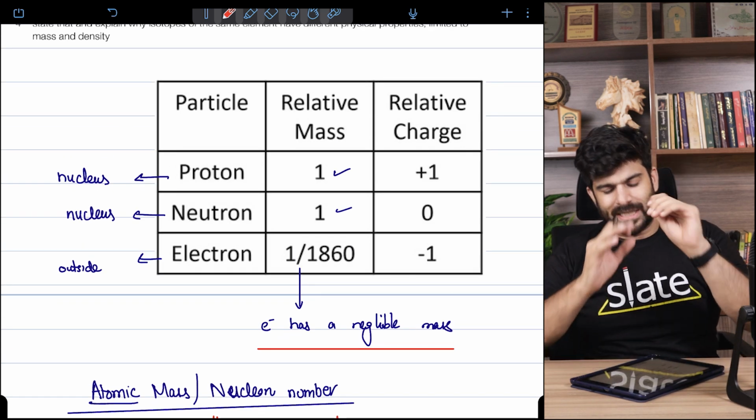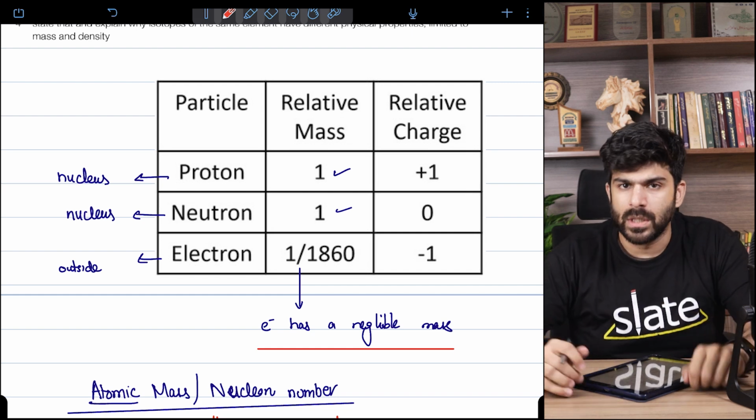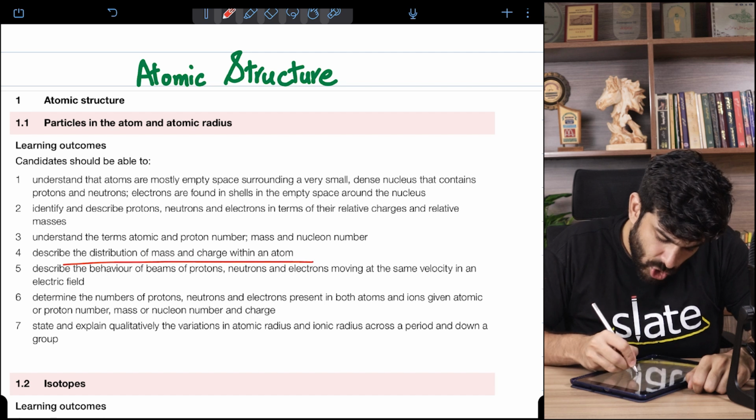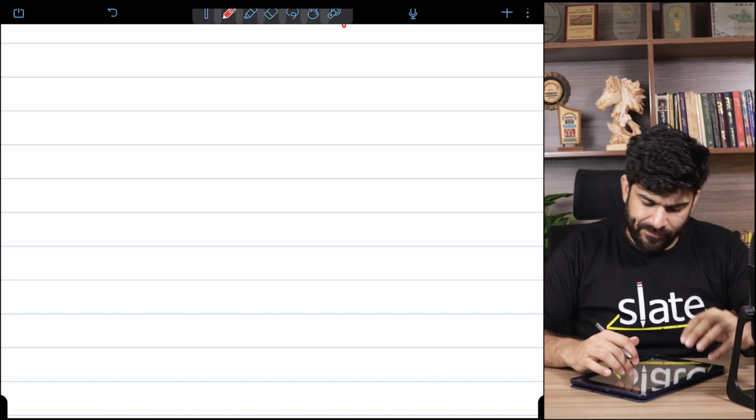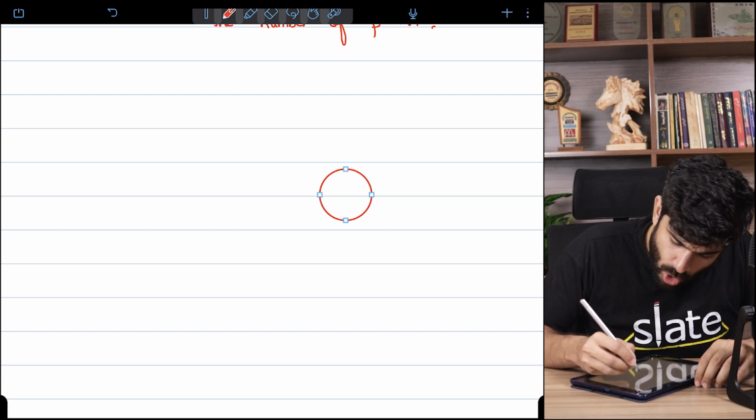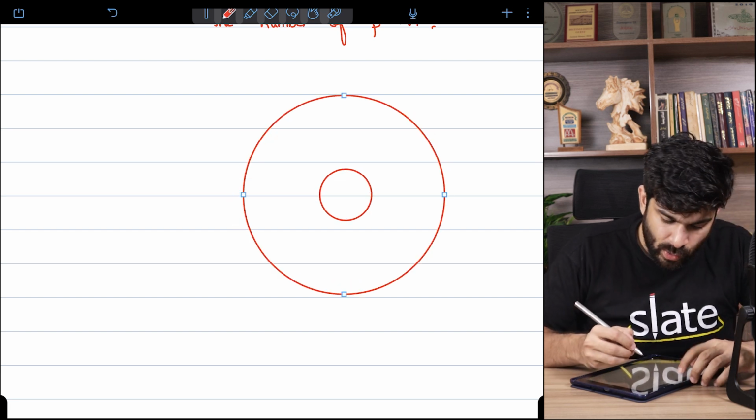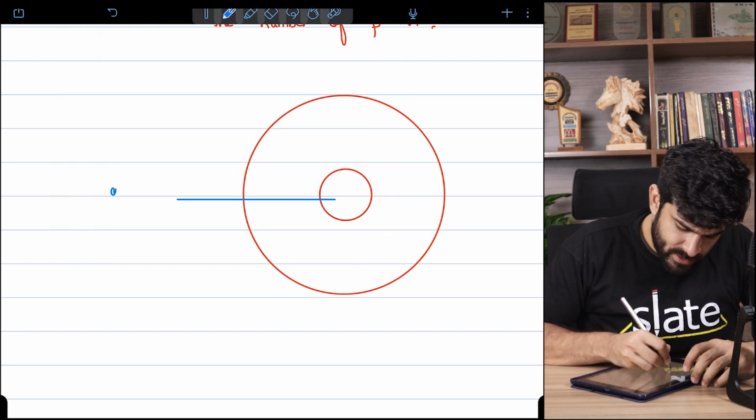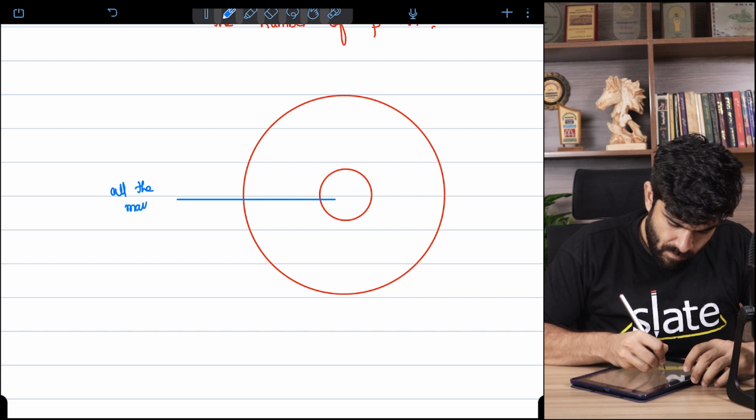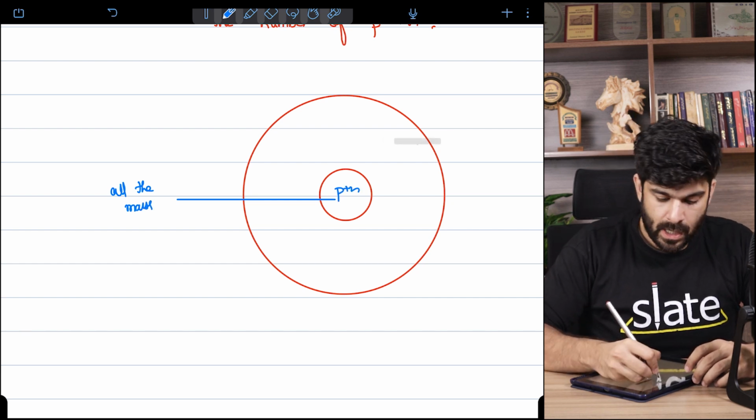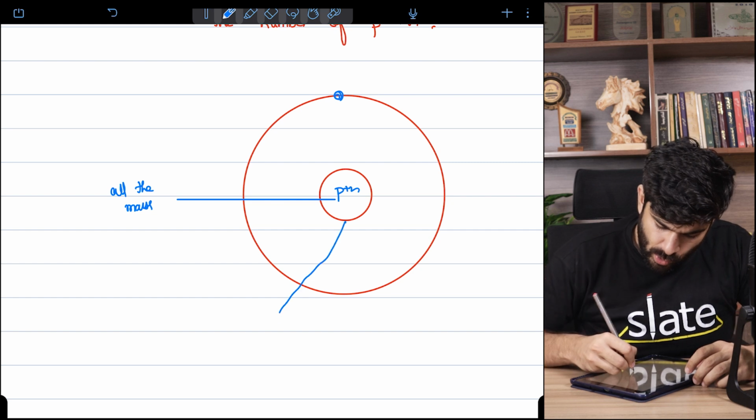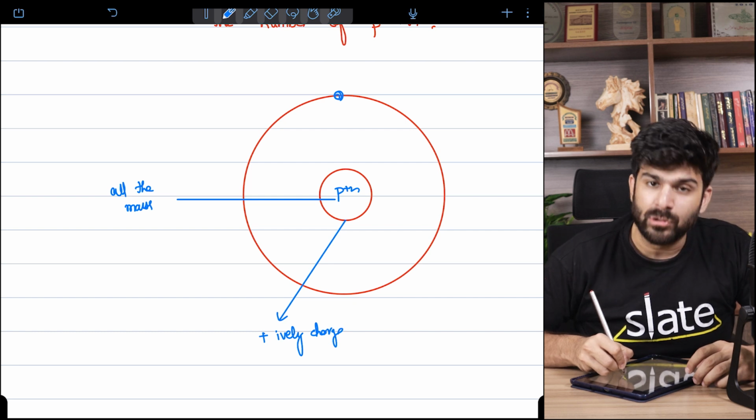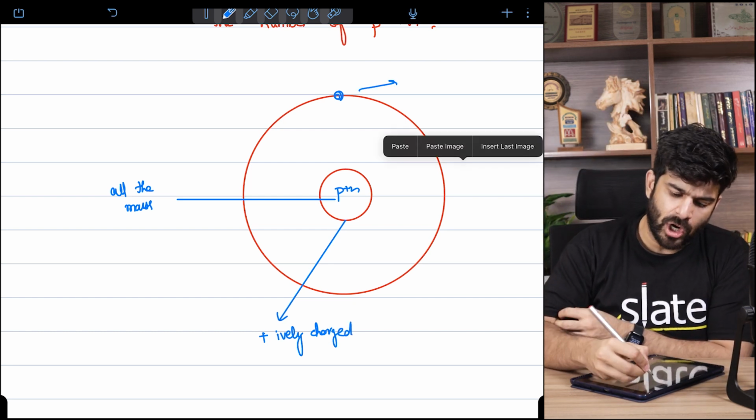So here we need to know that the mass of proton and neutron is almost equal. Then we know their charges, we know their masses. Distribution of mass and charge within an atom. We know that if we talk about the distribution of mass and charge, if this is the nucleus, all the mass is in the nucleus, because proton and neutron have a mass. But when we talk about the charge, the nucleus is positively charged and the outside space is negatively charged due to